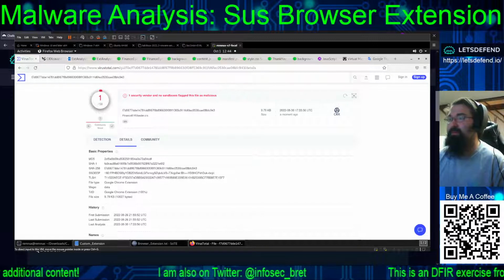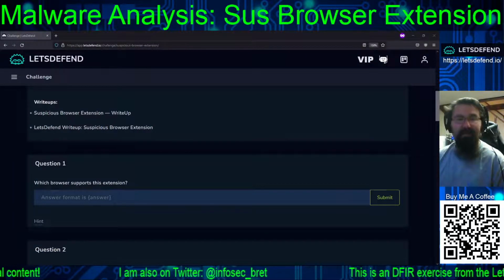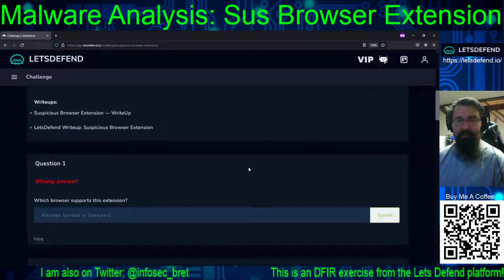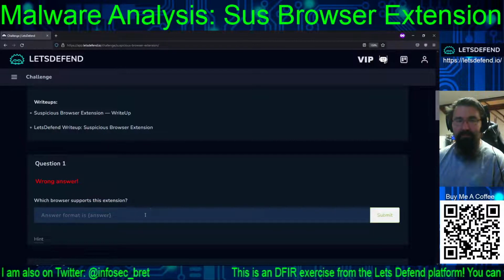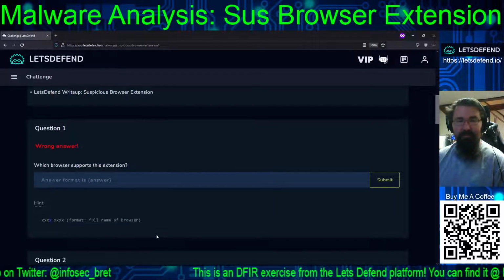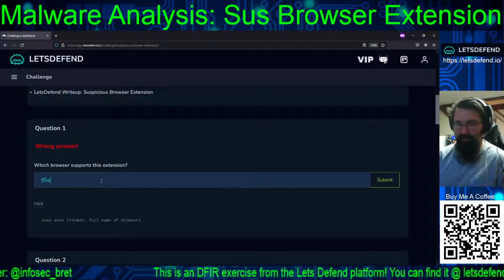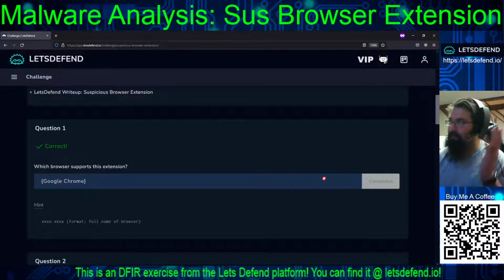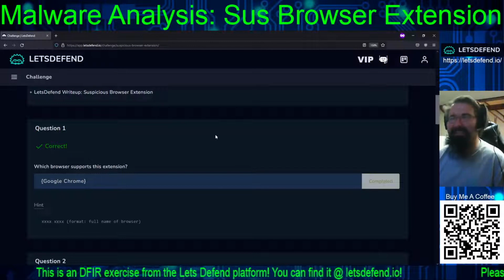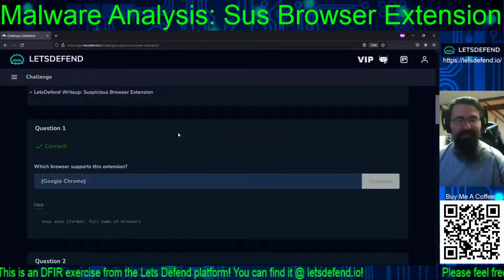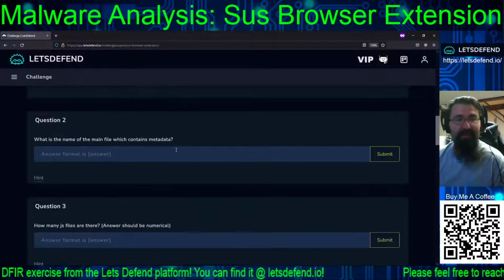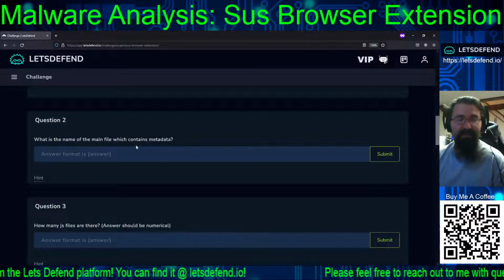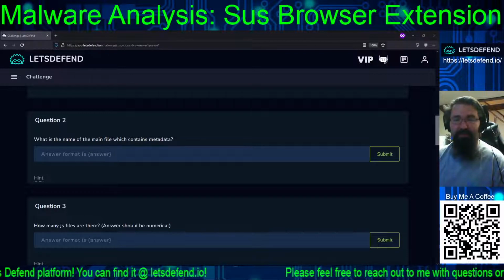Let me get my other browser out of the way, and we will take that out. So, Chrome. Oh, full browser. So Google Chrome? Okay. Nothing wrong with using the hints. Okay, what is the name of the main file which contains metadata? How many JS files? So I don't suppose that would be something that would actually be broken down in the